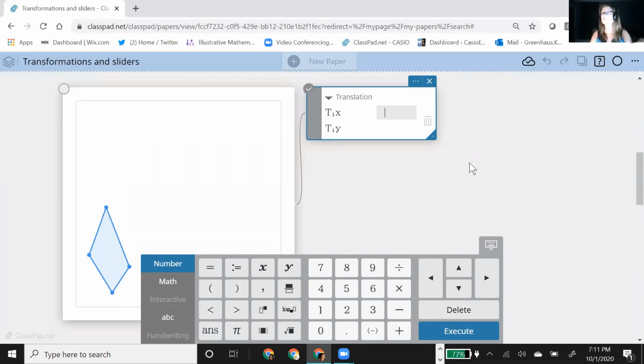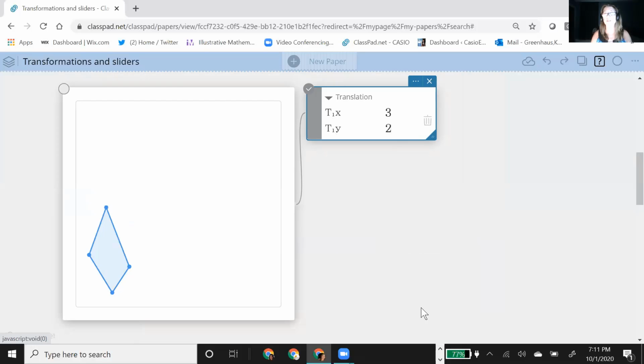So I could put in specific numbers. Let's just show you what that looks like. If I put in specific numbers, let's make it 3 and 2, it's going to slide it horizontally 3 and up 2, right? So that's what it's going to do. If I hit execute, you're going to see a translation of this original by these coordinates.